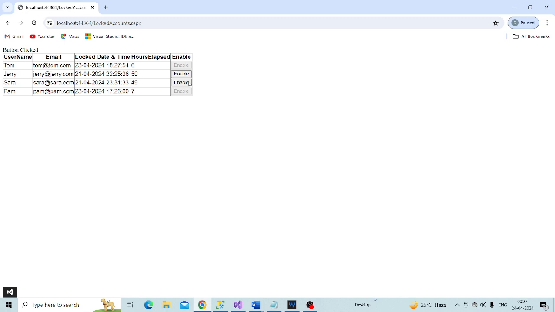But what we basically want to do is, when I click this enable button, we want to enable or unlock that user account. That user account should be unlocked if I click any one of these buttons. So obviously first we need